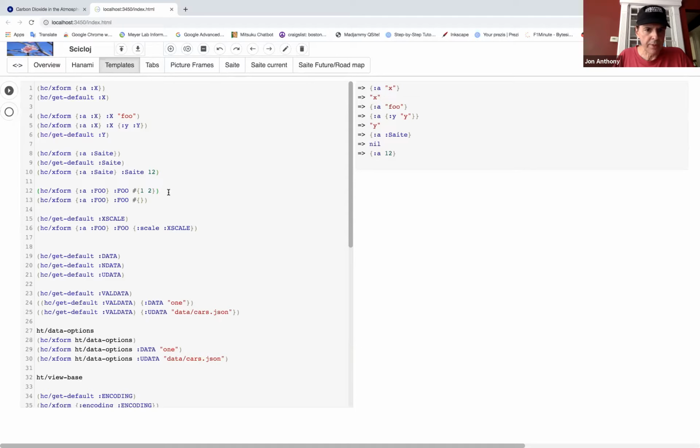Here's another example. What are we going to do here? Okay, so we get that. The interesting thing about this is you can put anything in here as far as that goes. This is a set, and so A B gets that. But now if we give it an empty set, any kind of an empty collection, if you look at any of those transformation rules in the Hanami documentation,